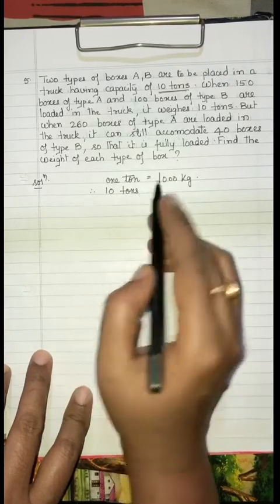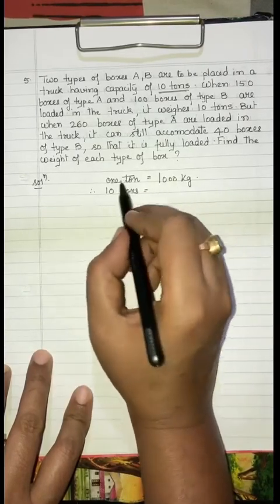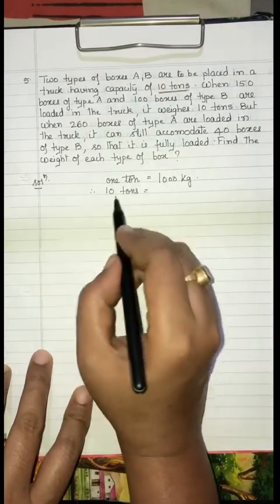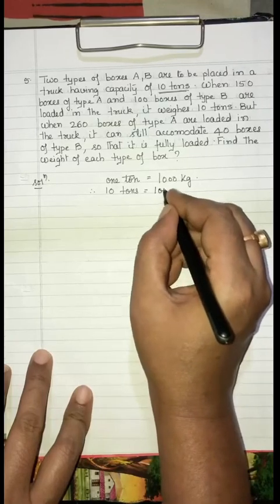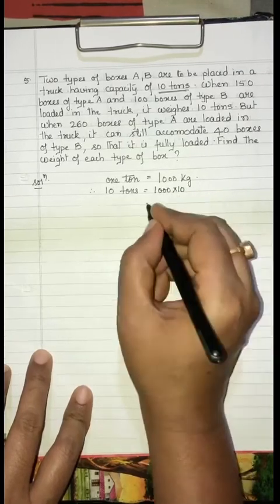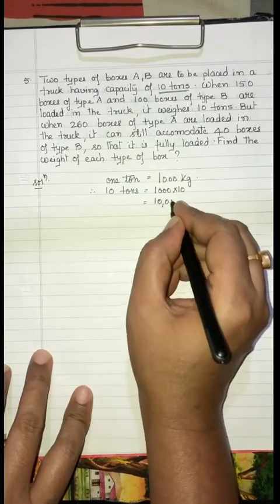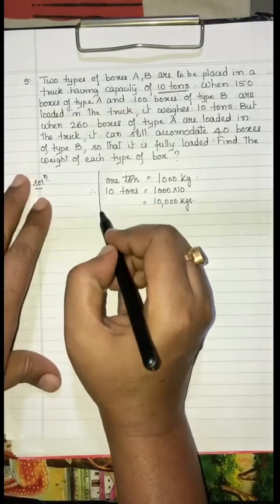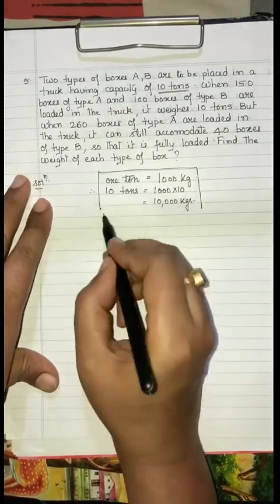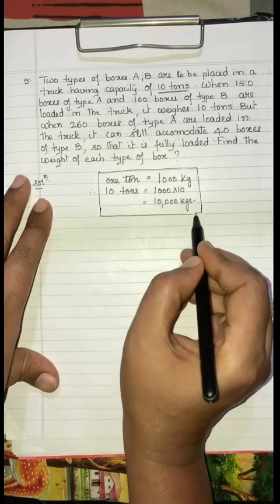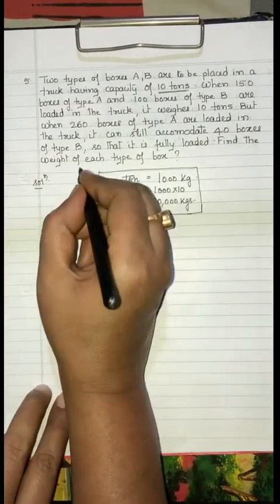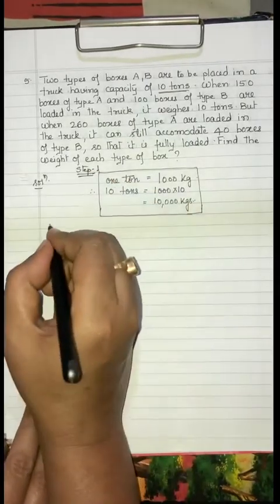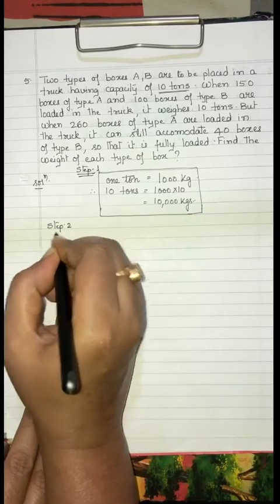So let us try to convert into kilograms. It will be much easier for us to solve. That's all. Nothing else. So if 1 ton is 1000 kilograms, then 10 tons will be, 1 is given, more is asked, we have to multiply. So 1 ton is 1000 kilograms. 10 tons will be 1000 multiplied by 10, that is 10,000 kilograms. So you have to do the conversion and keep it with yourself for the further solution of the question. So step 1.